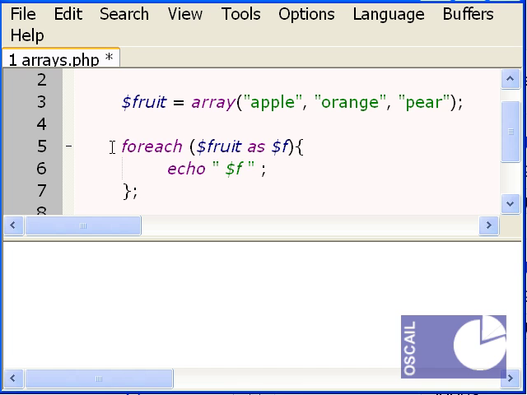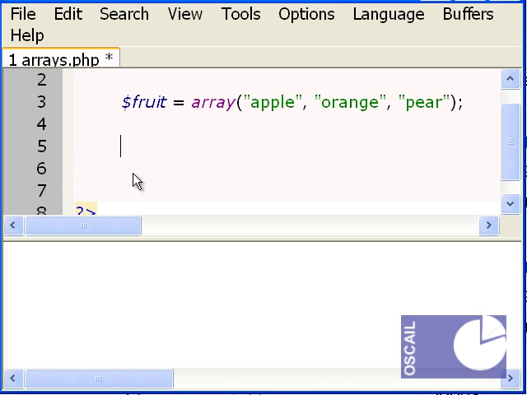So that's one way we can iterate an array. One of the nice things about indexed arrays is that we just create the array here. We put in the values, tell PHP what we want the values of this array to be, and it supplies the indices for us automatically. So it just adds 0, 1, 2 just based on the order that we've named them. So it's done a lot of the work for us, and it has a lot of utility functions like that